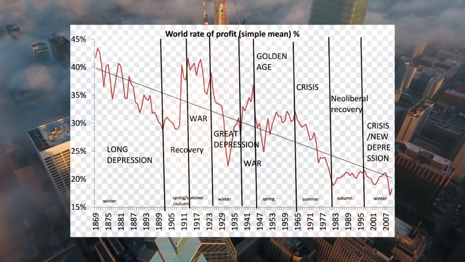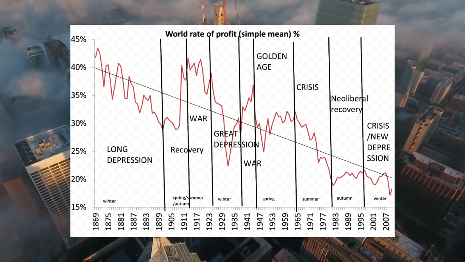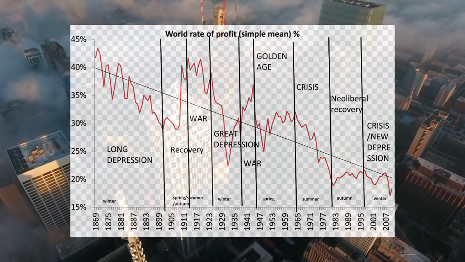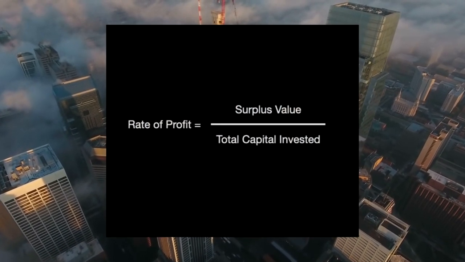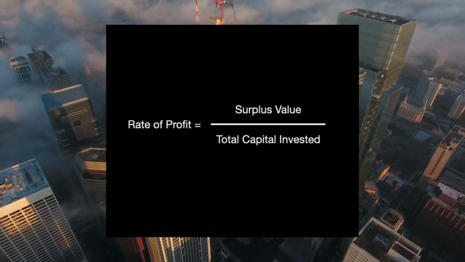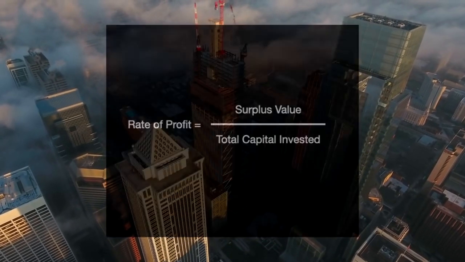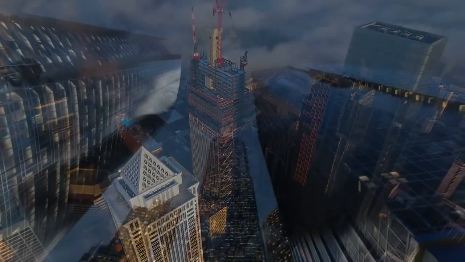With all that out of the way, what is the tendency for the rate of profit to fall that Marx mentions in Volume 1 and Volume 3 of Capital? Let's outline the argument. Firstly, what is the rate of profit? Very simply, it's the ratio of surplus value produced by workers over the amount of capital invested. The driving force of capitalism is the search for more and more surplus value, the major source of profit, as